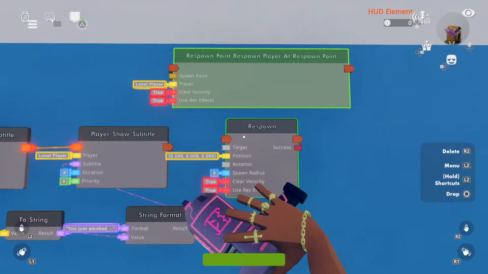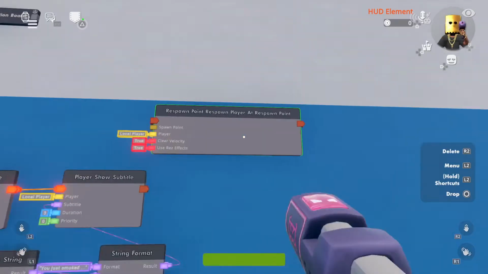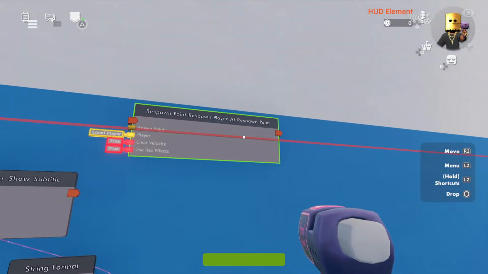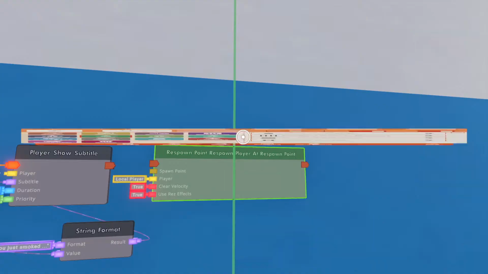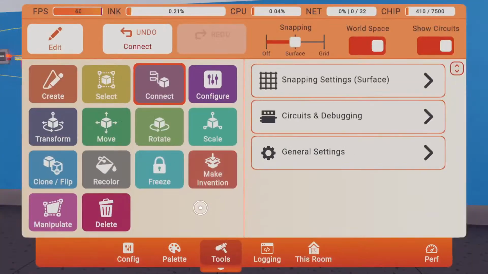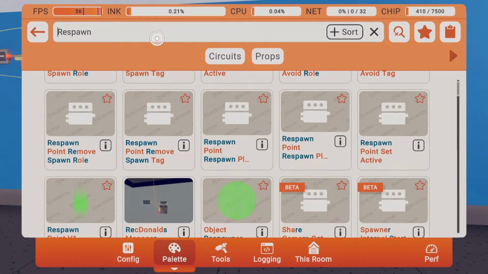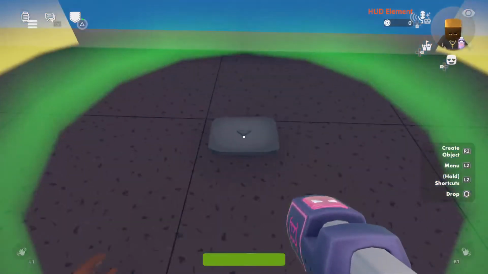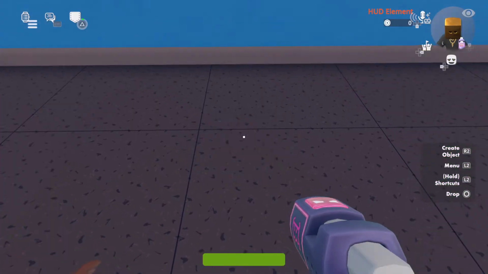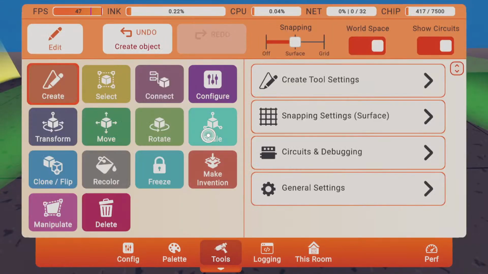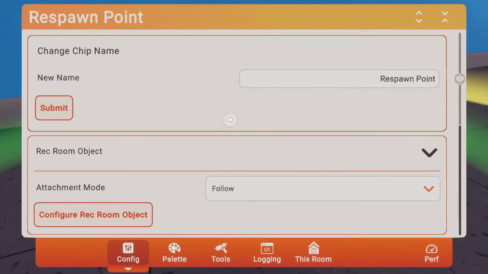Matter of fact, that's funny. See, it's a long chip. You can set up multiple respawn points too. Let me just get rid of